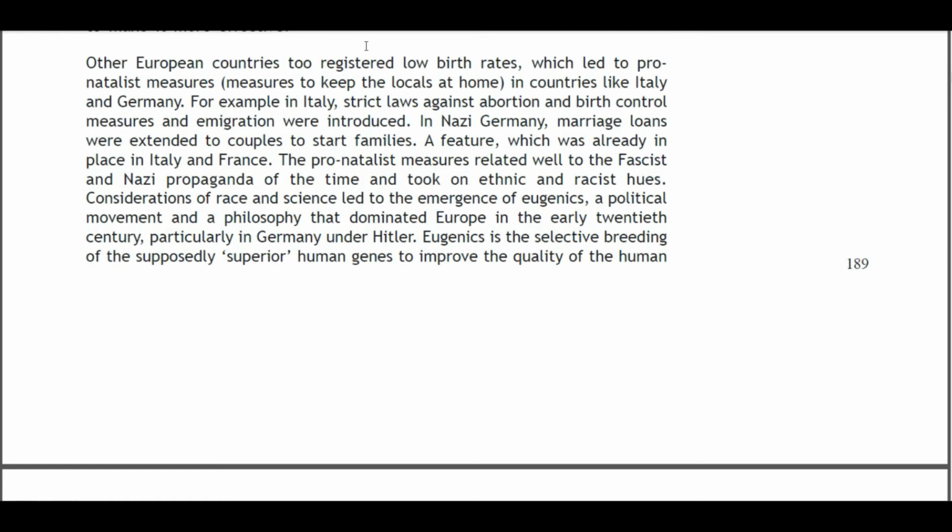Other European countries too registered low birth rates, which led to pro-natalist measures to keep the locals at home. In countries like Italy and Germany, for example, in Italy, strict laws against abortion, birth control measures and immigration were introduced. In Nazi Germany, marriage loans were extended to couples to start families, a feature which was already in place in Italy and France. The pro-natalist measures related well to the fascist and Nazi propaganda of the time and took on ethnic